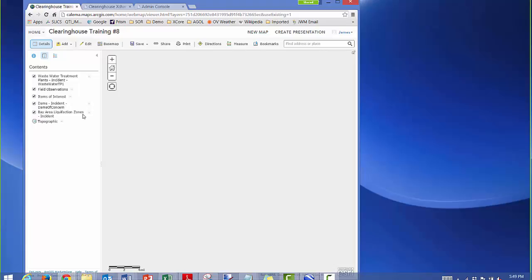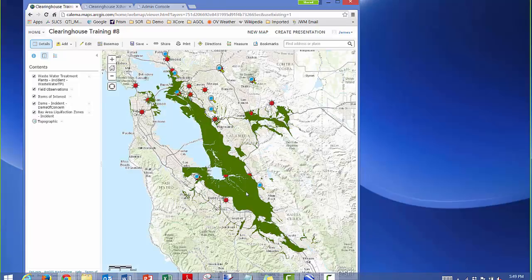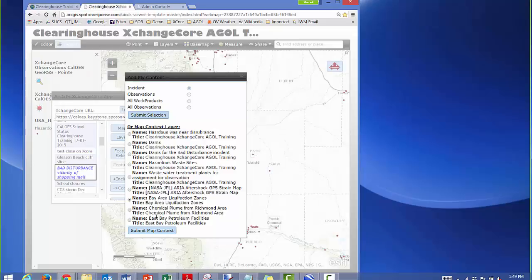So my Bay Area liquefaction zones have been added at the bottom. And what we see are all those liquefaction zones. So we've got the XchangeCore incidents. We've got a number of different elements here that have been added through XchangeCore, including this polygon associated with the Bay Area liquefaction zones. I'm going to come back here and do this one more time, but I'm going to